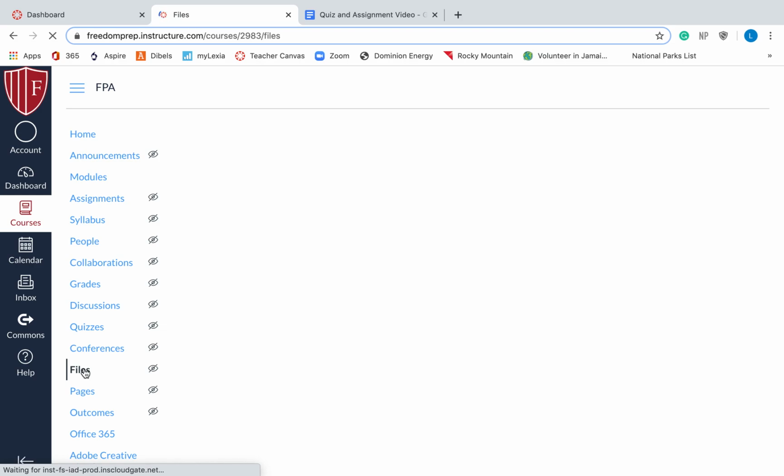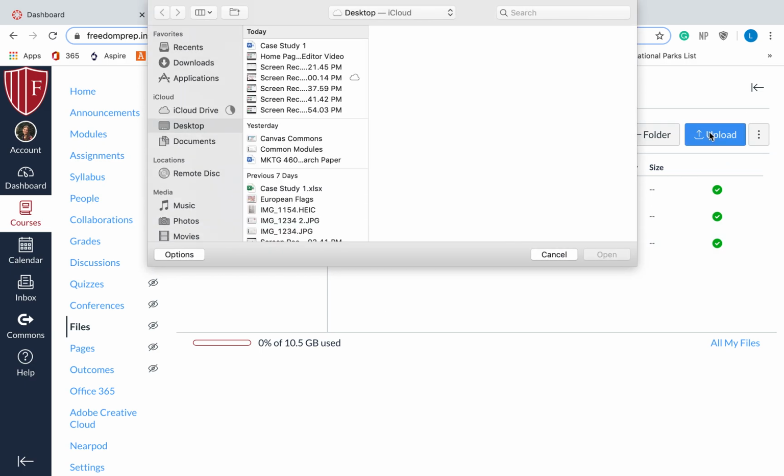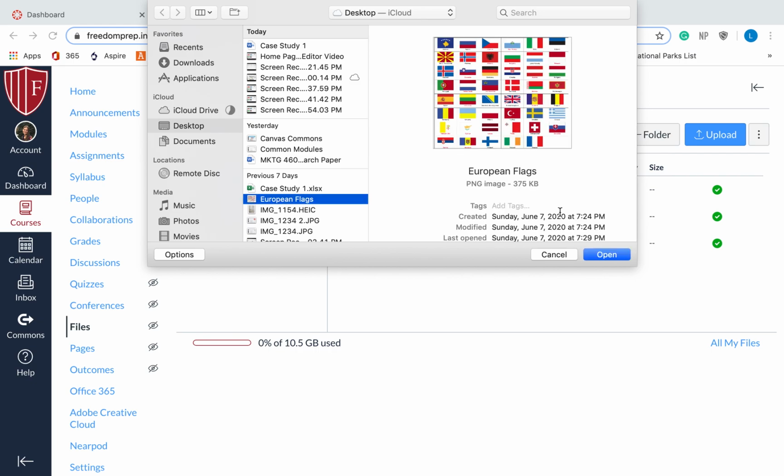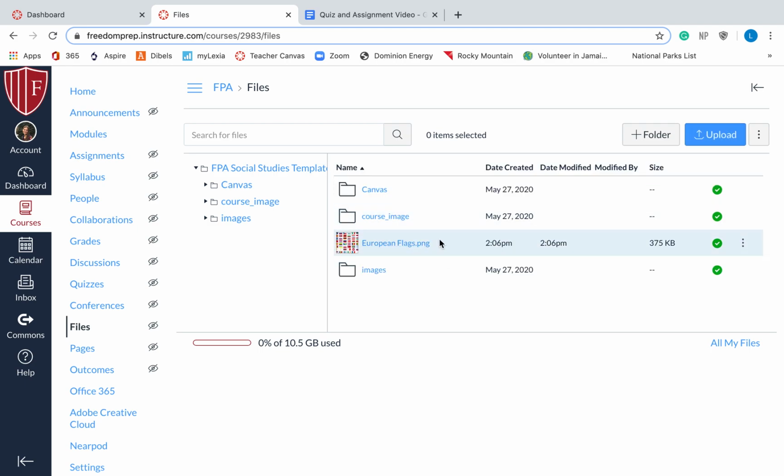Second thing we need to talk about are files. Okay, so in files, most important button is this upload button. If I click on the upload button, I can upload a picture, I can upload a PDF, I can upload anything like that. Those are what files can be. Okay, so I'm in social studies, so European flags seems like a social studies topic. So if I want to add this picture of all of the European flags, I can do that, and it's called European flags. Okay, if I want to rename it, I can rename it